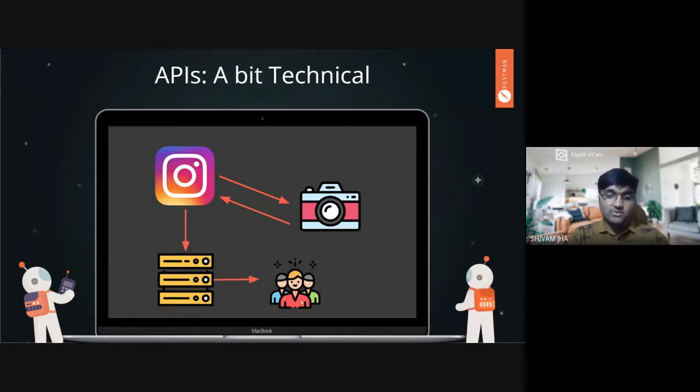Now suppose you have uploaded an image and now your friends want to see it. So what their app's library will do now is again use an API to fetch the contents. Whenever you switch on your Instagram feed, there are always photos from your friends, from your close ones. So how does that come into being? When you switch on your app, it makes a request to that Instagram server API to give it the newly added data of all your close friends to be shown on your feed. So yeah, this is the link from server to your friends.